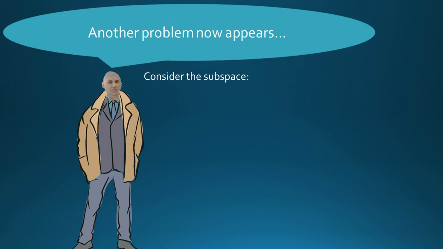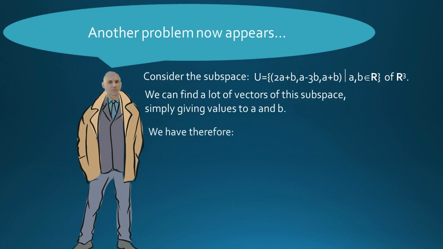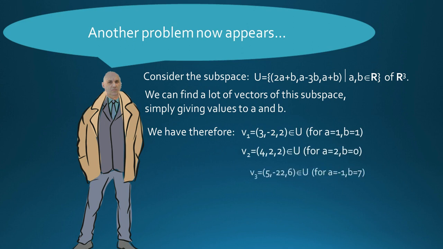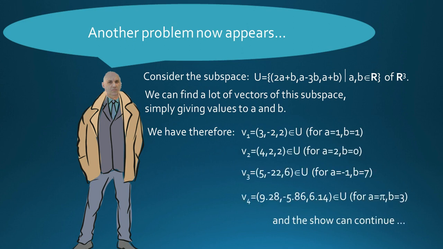Another problem now appears. Consider the subspace U equal (2a plus b, a minus 3b, a plus b), where a, b are in R, of R3. We can find a lot of vectors of this subspace simply giving values to a and b. We have therefore v1 equal (3, minus 2, 2), for a equal 1 and b equal 1. v2 equal (4, 2, 2), for a equal 2 and b equal 0. v3 equal (5, minus 22, 6), for a equal minus 1, b equal 7. v4 equal